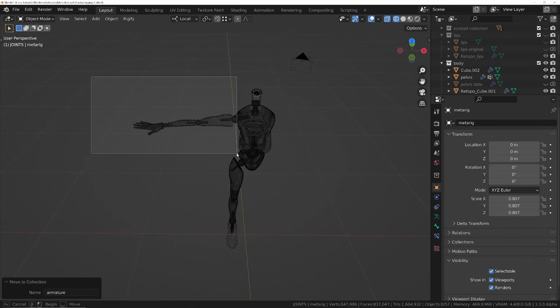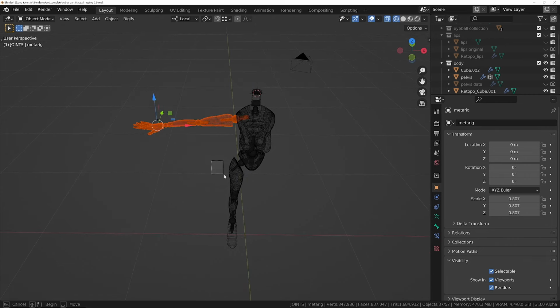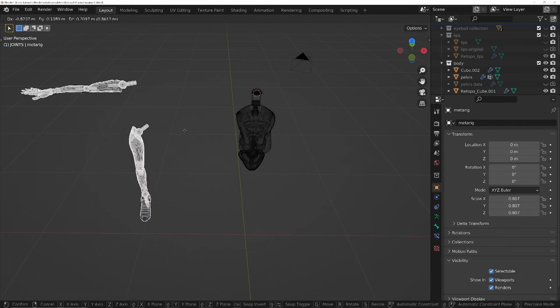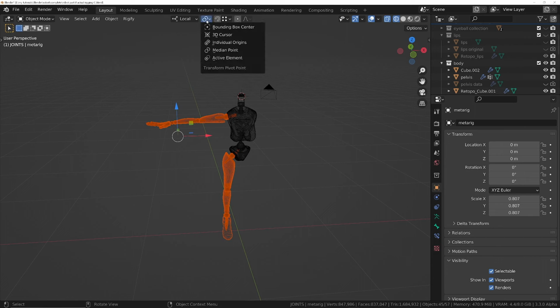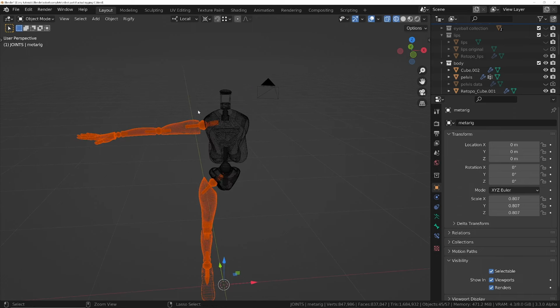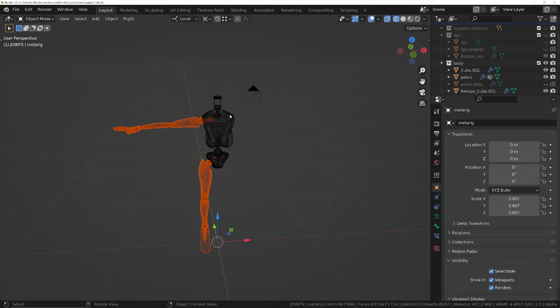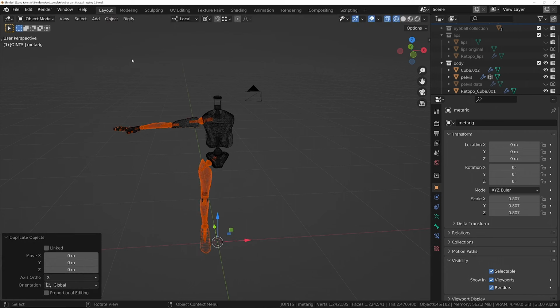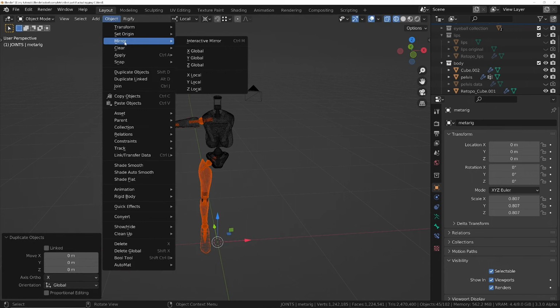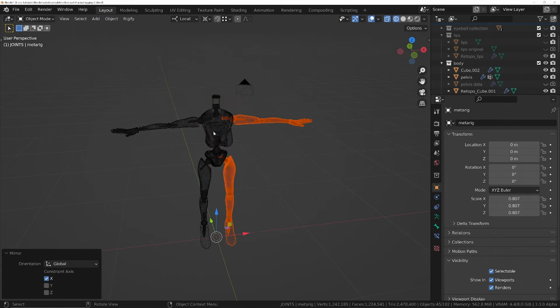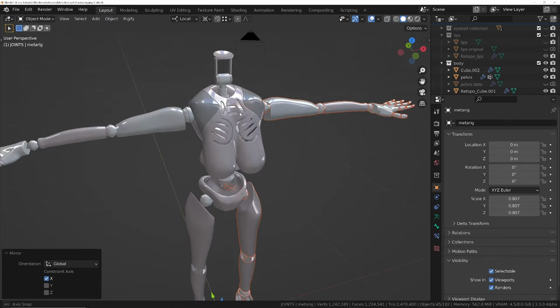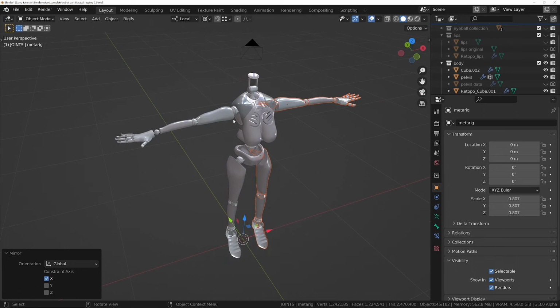So select everything on this side. Be careful not to get anything in the middle, and just make sure you've got it all. We'll change the pivot point to be the 3D cursor. Put the 3D cursor back to the world origin, Shift C, and then we'll do Shift D to duplicate these, right click to snap them back into place, and we'll do Object, Mirror, X Global, and that will mirror those across. And come back out of wireframe, and now we can start parenting the objects to the relevant bones on